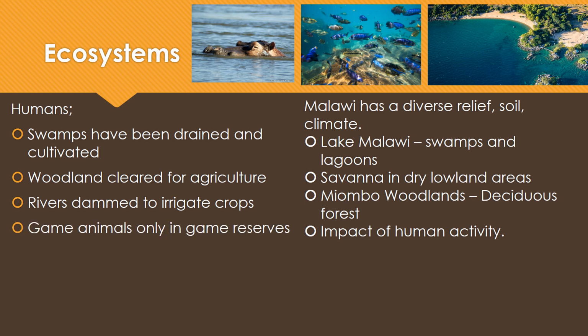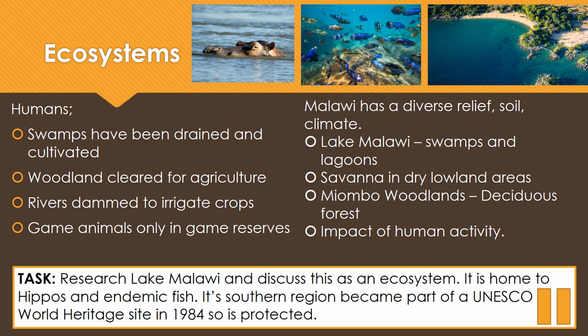And game animals are only found in game reserves. And what we mean by game animals are things such as elephants, zebras, giraffes, lions, things like that. They're only now found in game reserves, which are a bit like national parks to protect them from being poached or being hunted. So what I want you to focus on for this case study is Lake Malawi,